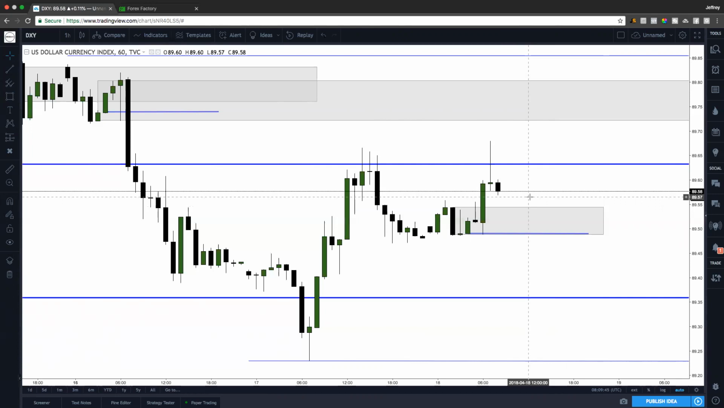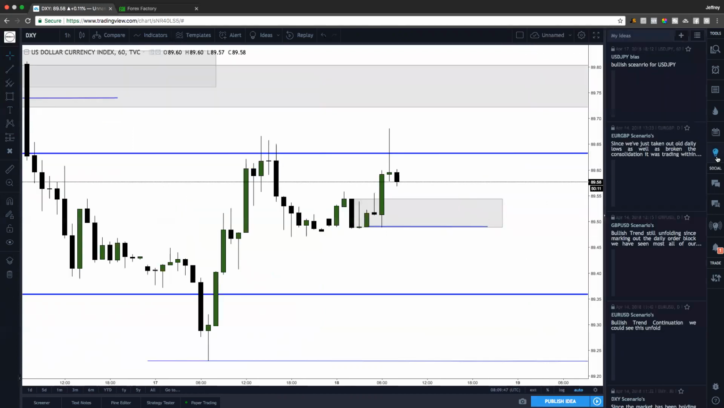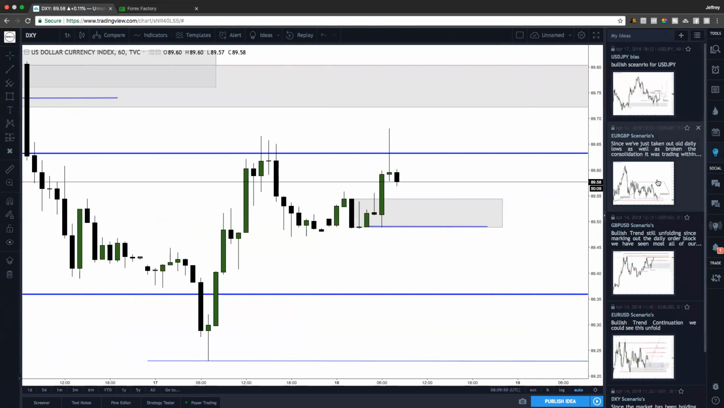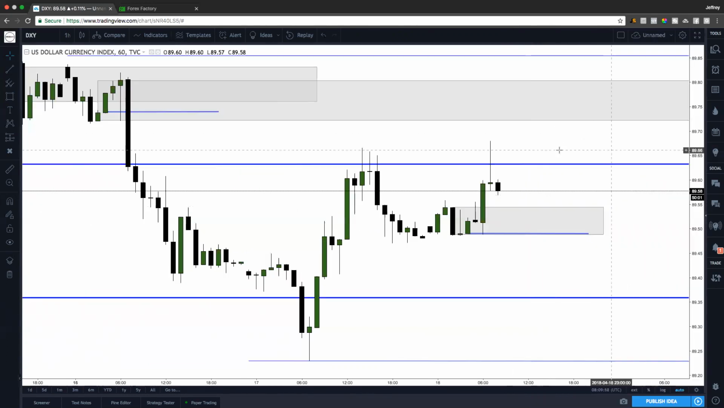And another thing, if you use TradingView, they have this little ideas thing. I've been using this recently. You can save your ideas and update them along the way. So that's a neat little feature that TradingView has that MetaTrader doesn't have, that I've been taking advantage of. So if any of you guys use TradingView, try that out. Maybe that's a good option for you. But